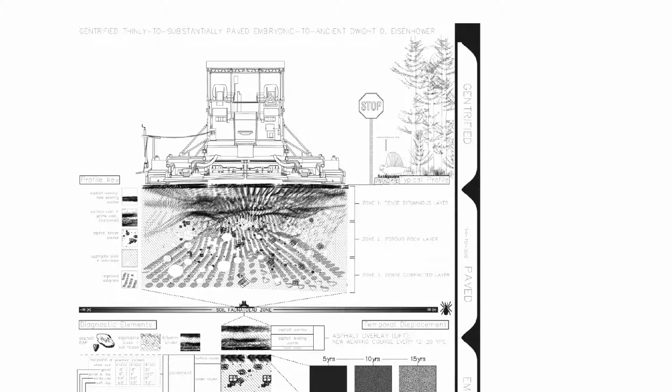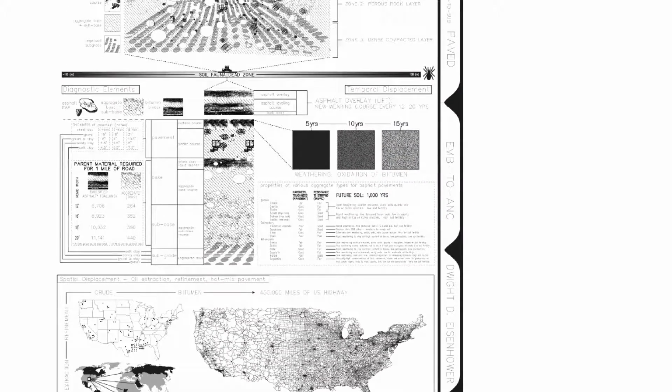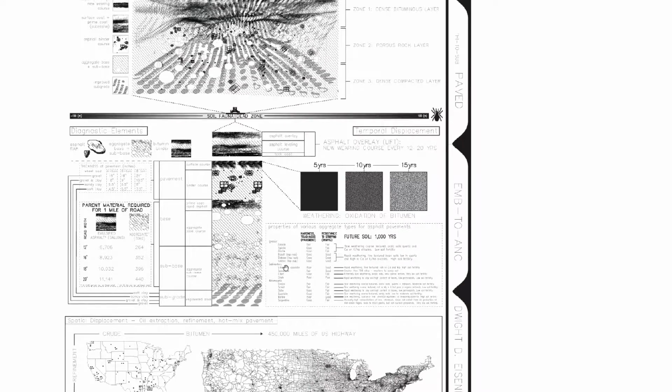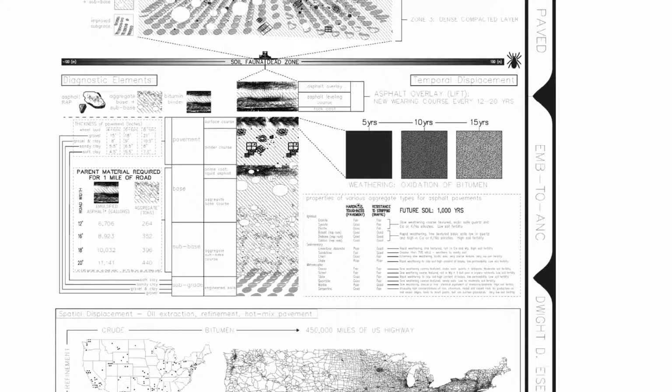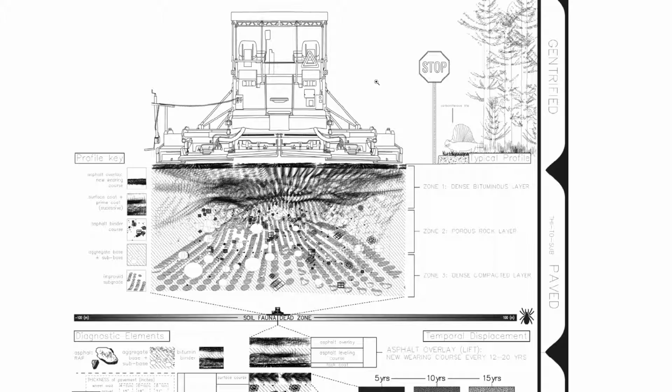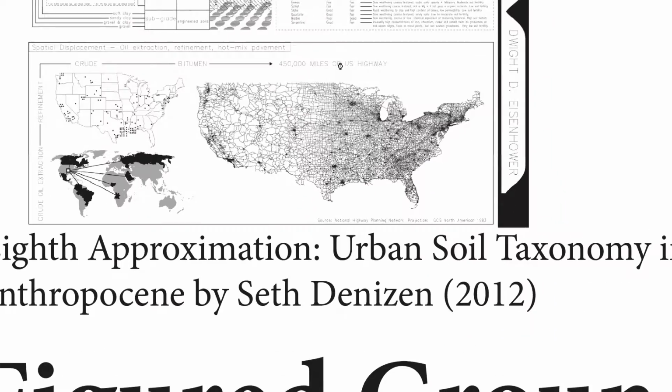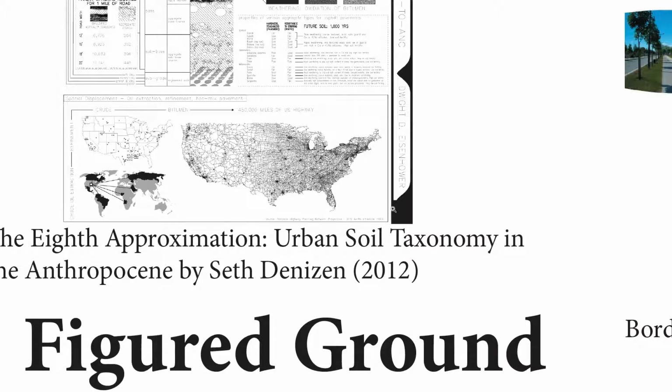For example, he's got this thing that he calls the Rockefeller. Is it the Rockefeller series or the Eisenhower series? What he's really saying is, how do we describe the soil under a road? We can't describe it as natural anymore because the soil profile is so modified. So he did a project where he tried to map out and find a way of representing all of the different layers of soil as if those soils were a natural formation. So he's utilizing a natural mapping method to map the unnatural, effectively. Obviously he's playing around with AutoCAD, and how it's being represented, and all of this kind of stuff. It's really provocative, but I think it does deal with the basic fact that